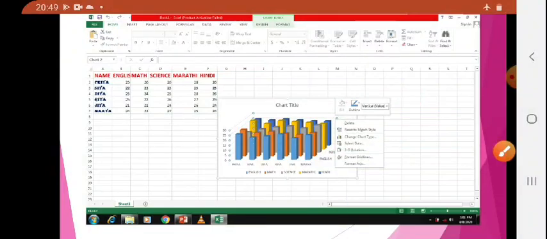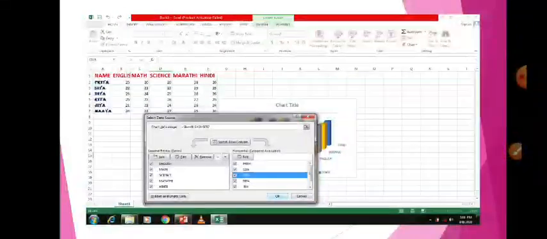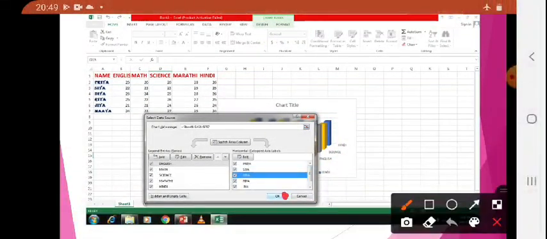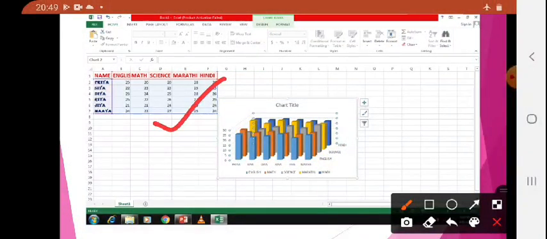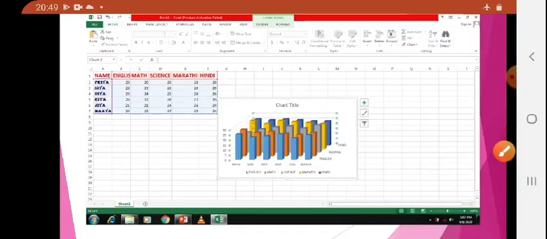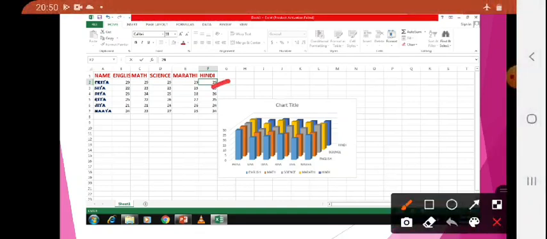Select Data. When you select the data, the data will come. Click on the OK button. Okay, it's very simple. Click on the OK button. Then you will directly come here, and whatever changes you want to do, you can change according to your needs. Everything will be changed. Okay, see, I changed the marks of each and every subject to 29.